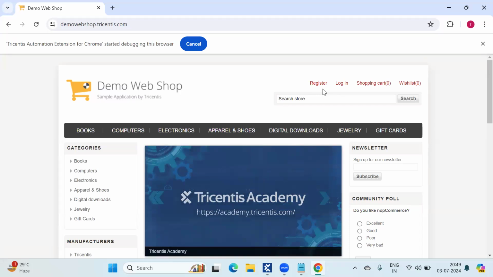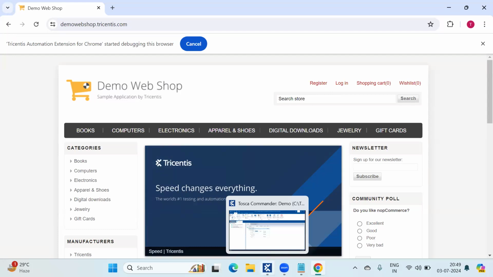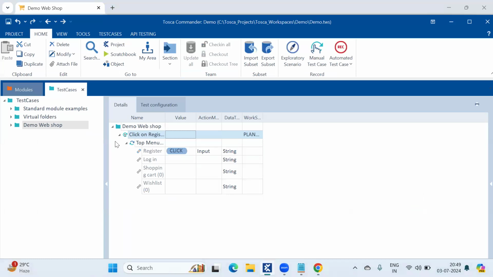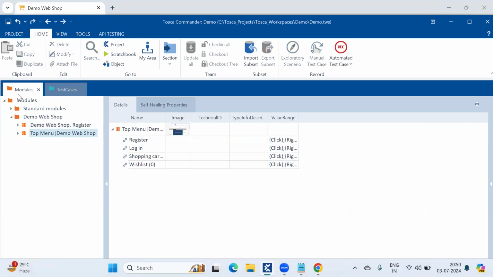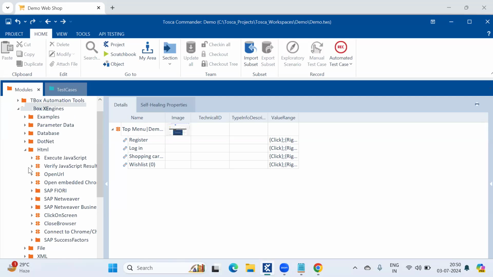So do we have code to click on the URL and open a browser window? Yeah, if you want to open any URL, you want to know how you will give the URL code, right? See, we will have the standard modules. Yesterday, I asked you to click on that standard template, right? So that you will have the standard modules here. Okay, these are all the standard modules. If you want to open a URL, you will have a standard module called open URL.